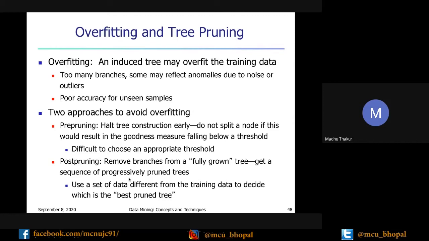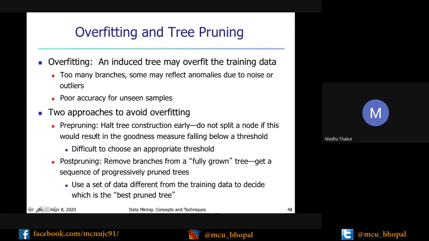The tree may be very tall, and there may be redundancy in the tree, or duplicate subtrees are also available, and accuracy will be poor. So how can we handle overfitting in a decision tree? There are two methods: one is pre-pruning and another is post-pruning.